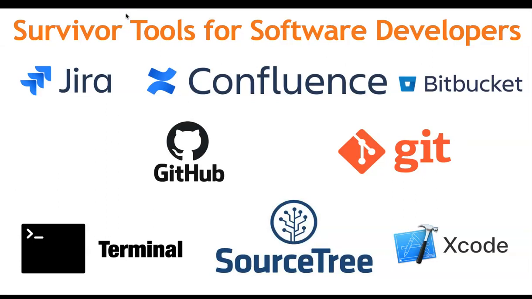If you are a software developer, you must be aware of all these tools which are highly used in almost all companies. That is Agile process where Jira, Confluence and Bitbucket involves. Along with that, GitHub, Git, Terminal, SourceTree. To use the Bitbucket and SourceTree or Git, I use a tool called Xcode where we develop iOS applications and Mac applications. I'm taking the Xcode tool to showcase how exactly GitHub and Bitbucket along with Git works.